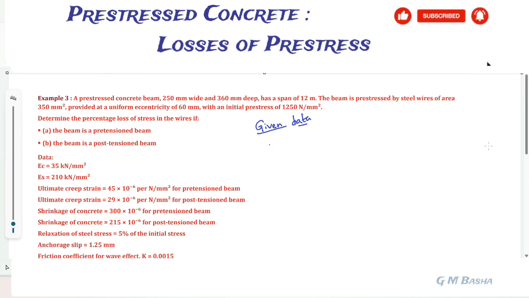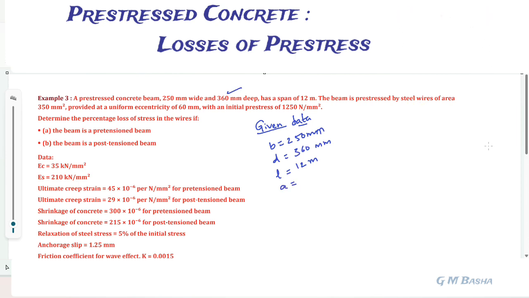A prestressed concrete beam 250 wide, which is denoted with B, and 360 deep. So this is also here. Okay, it has a span of L equal to 12 meters. The beam is prestressed by steel wires of area A, which will be given. In the previous problem, how was it given? 6 numbers of 12 diameters. Then you can calculate 6 into pi d square by 4 like that. But here it will be given directly. A will be equal to 350 square. Okay, and provided a uniform eccentricity of e equal to 60 with an initial prestress of